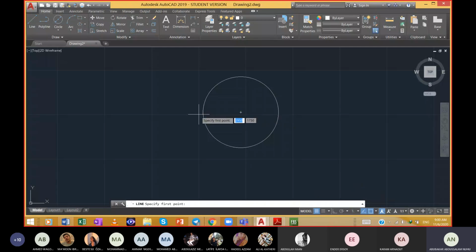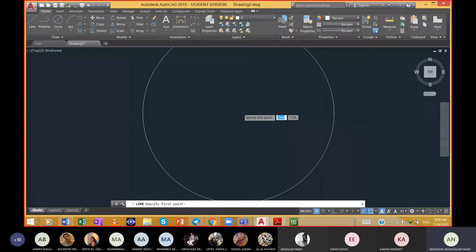So it's showing me the center. Say now I want to start from the center. All I have to do, I already see the center now, so I can start from there. But I am not looking for the center. I'm looking for the